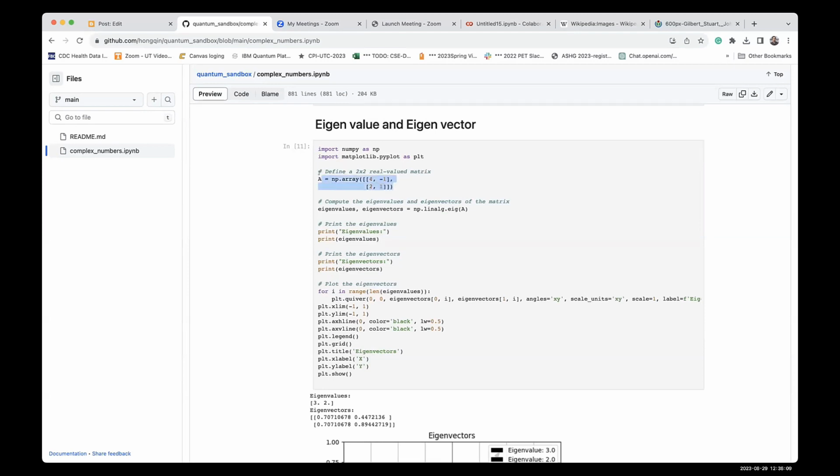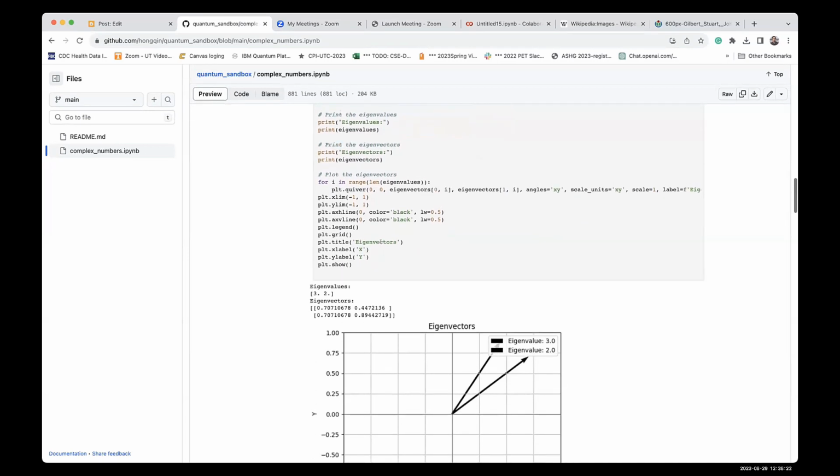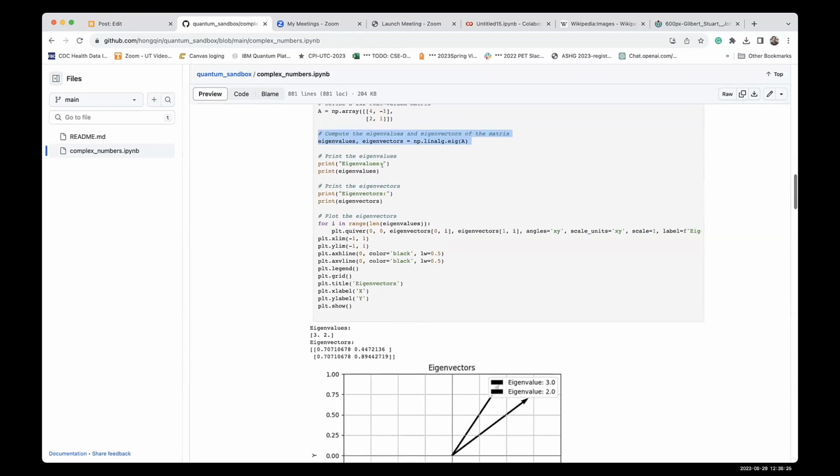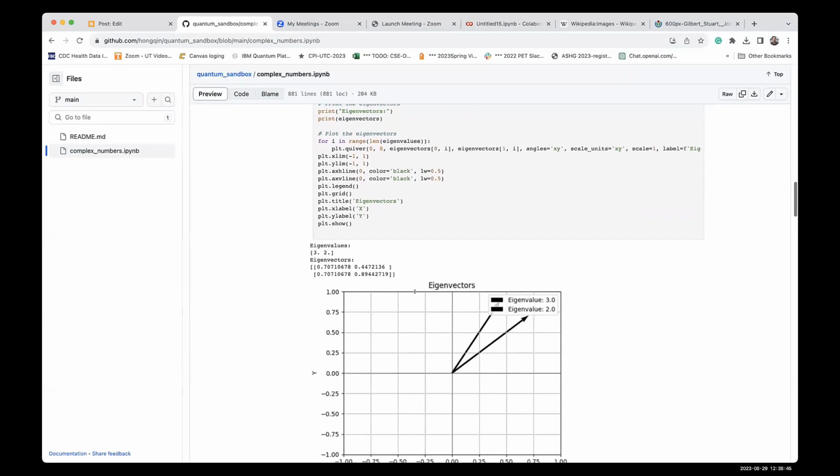Here, this is actually a real matrix, and I decompose that into eigenvalues and eigenvectors. So, print out the eigenvalues, 3 and 2. This must be from the textbook. Oh, yes, this is from the textbook. So the eigenvalues are 3 and 2, and the eigenvectors will be